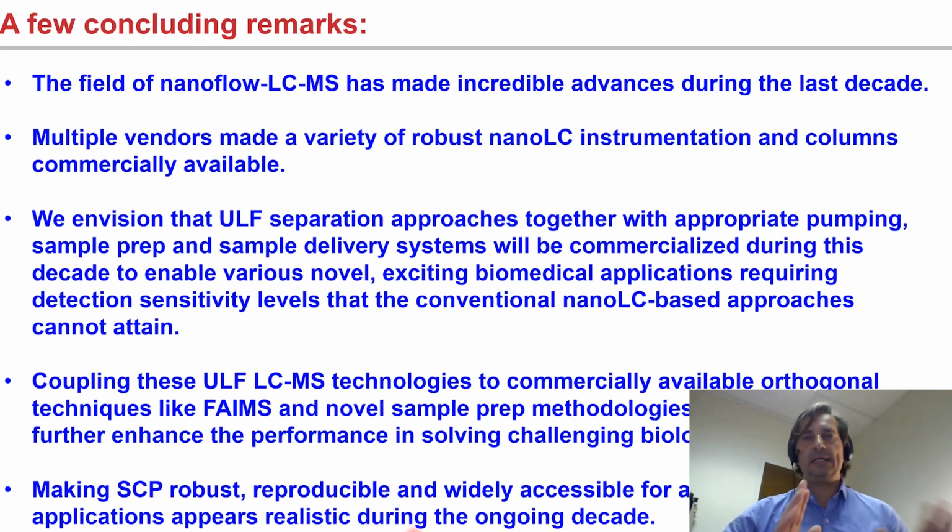During the last decade, nano-LC is present in pretty much any metabolomics, proteomics, lipidomics lab. All our mass spectrometers are equipped with quite robust, reliable LC systems. There is still room for improvements for LC systems, for autosamplers, for LC columns, but nevertheless, it's been a huge progress made during the last decade. So with ultra low flow columns, 20 micron, 10 micron ID columns, similar progress can be made during this ongoing decade. And this way we can enable new exciting applications, biological, clinical applications,